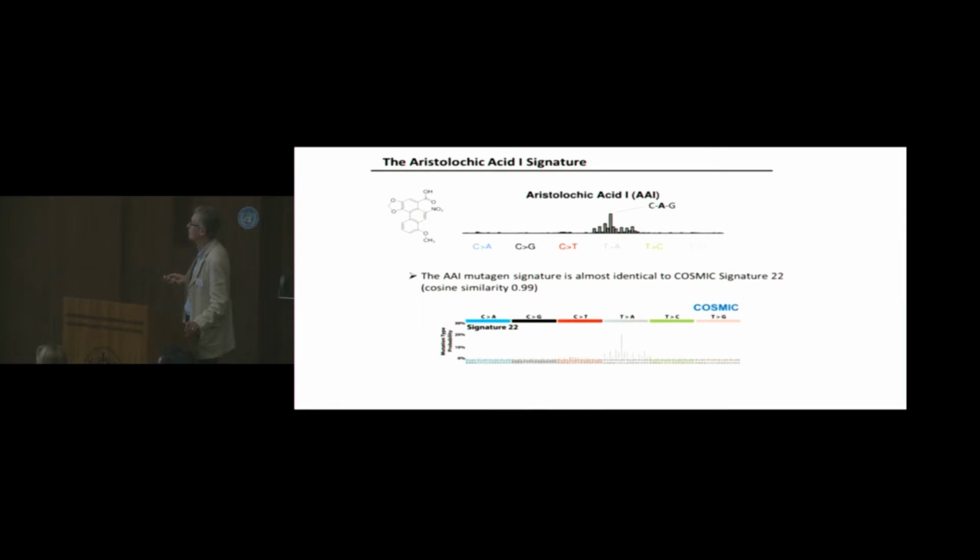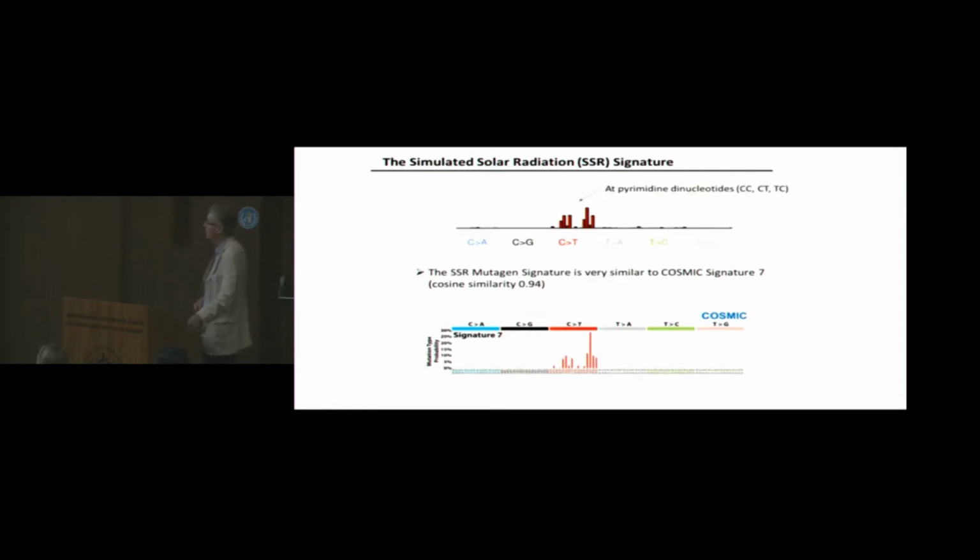the most common one being in the CAG context. And this, of course, matches the COSMIC signature 22, which has been assigned to aristolochic acid. So a very good match there, very, very pleased to see that, good confirmation that we have a system that works. And the second one, again quite familiar, not unexpected, was comparing simulated solar radiation, which contains some UV,